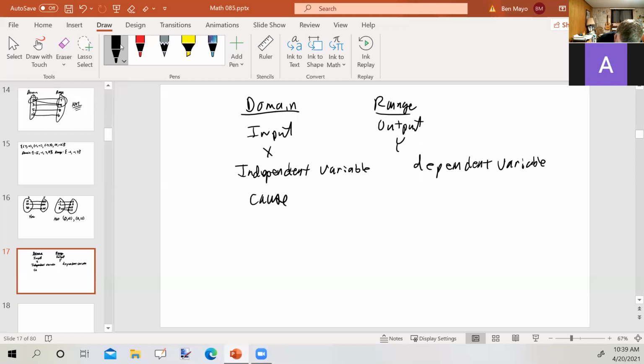Cause, effect. All right, now, typically we refer to domain and range or input and output, X and Y, but also